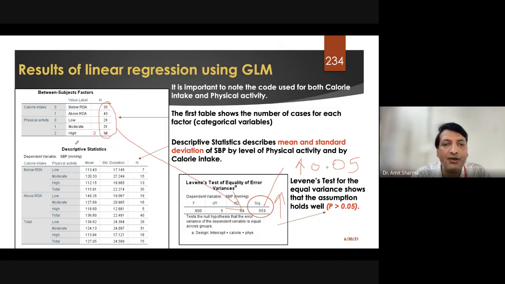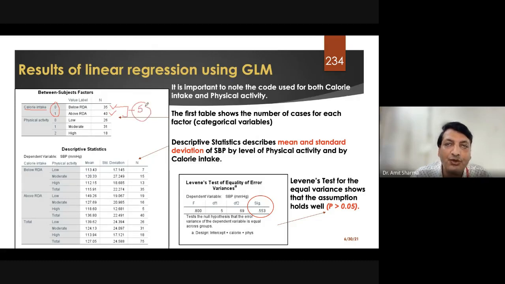For example, in the calorie intake case there were only two groups, so the chance for a patient to fall under code 0 and code 1 was 50-50%. In one we have 35 and in one we got 40. The difference of only 5 patients is not that much.